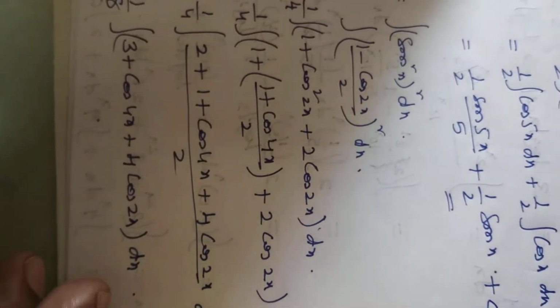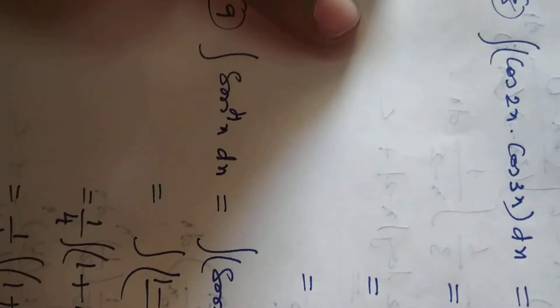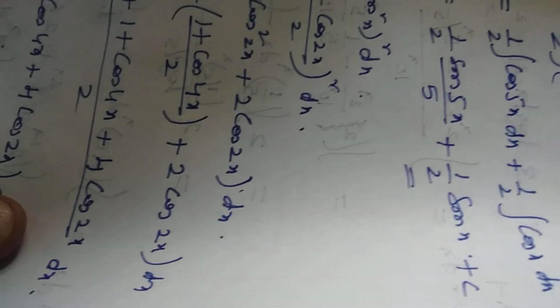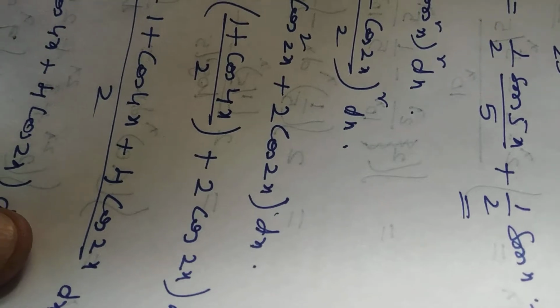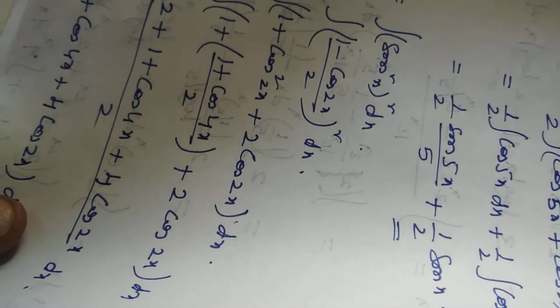So what I tried here: power 4 initially I had, next I reduced it into squares, and after that completely the powers are gone, we don't have powers now. If we don't have powers, we can directly apply the integration formulas. So whenever you get power 4, power 2, power 3 also in trigonometric ratios, try to reduce them. Try to remove those powers by using some formulas. Okay, so next continuation.